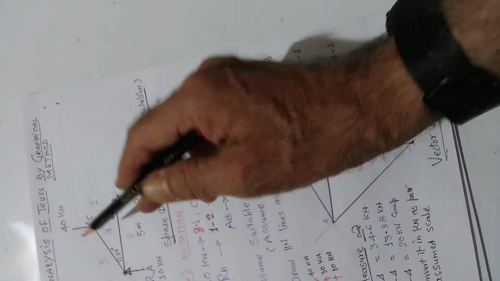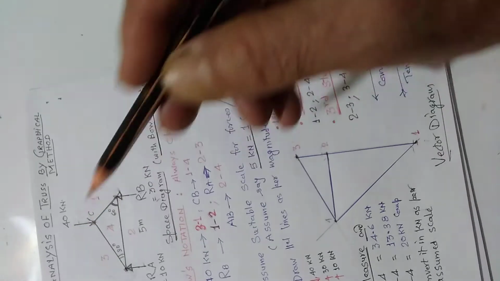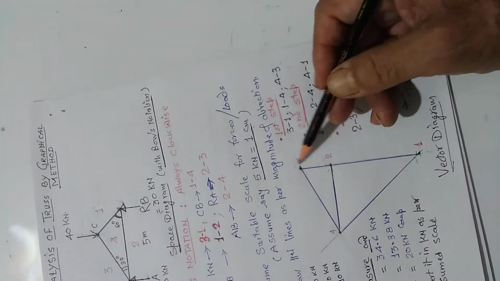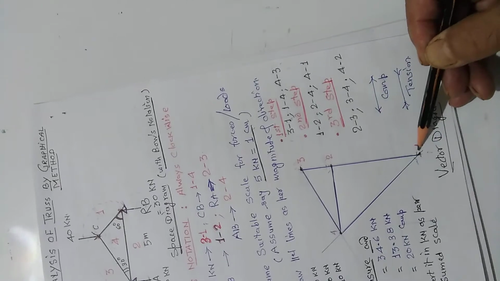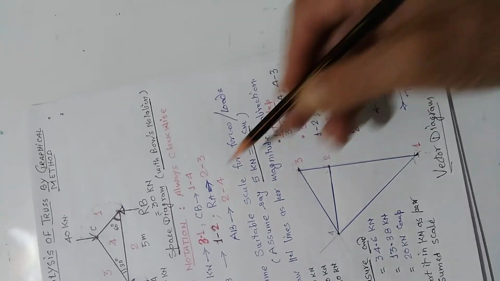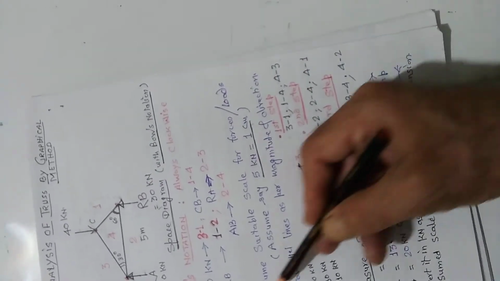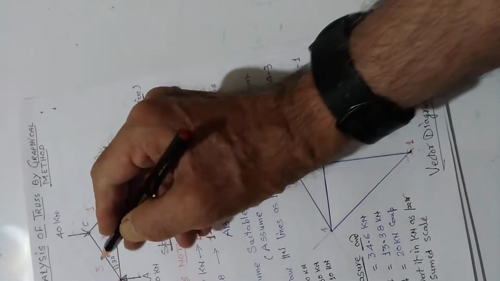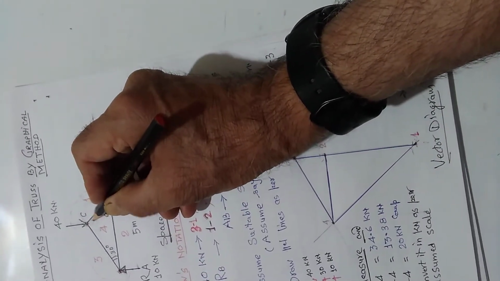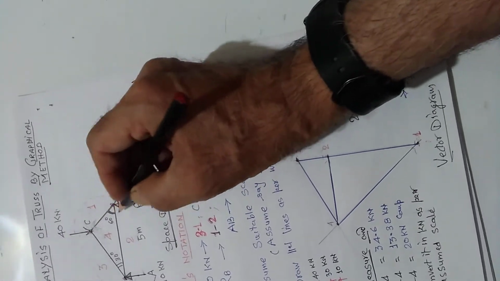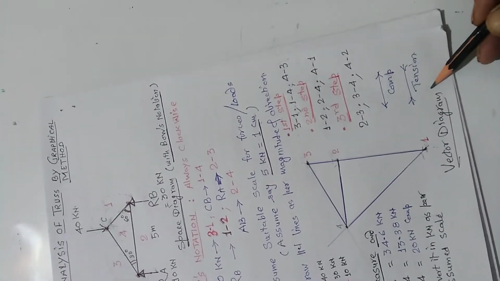Around the joint. जैसे जैसे मैं घूम रहा हूँ एग्जैक्टली उसी हिसाब से अपने को एरो देना है. देखिए यहाँ लिखा है 3 1. 3 1 डाउन है. चलो यहाँ 3 से 1 आ गया डाउन. उसके बाद में है 1 2 4. 1 से अपन 4 की तरफ गए. किधर गए? 1 से 4 अपवर्ड. तो write an arrow upward over here near the joint. Near the joint like this. और एक बार ये एरो मिल गया है तो दूसरा एरो ऐसा आ जाएगा. और ये बताया मैंने कि एरो ऐसा होगा तो कंप्रेशन, ऐसा होगा तो टेंशन.